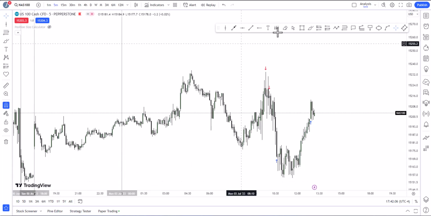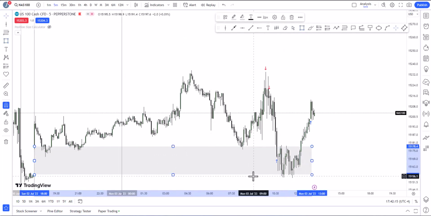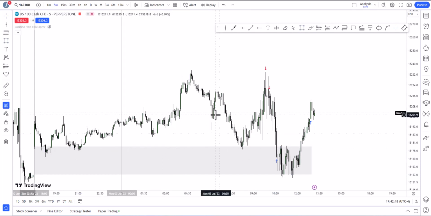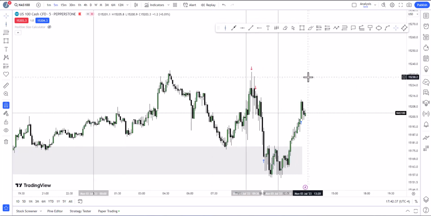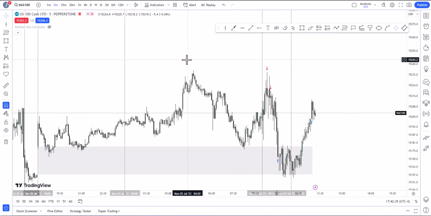Obviously, as you can see, right here, we have a volume imbalance. Okay, so that was an area I was looking for price to come and draw into. So obviously, main focus was trading the AM session, so mark out the 9:30 hour, and this is basically the AM session from here to here, right? So looking at the chart here,